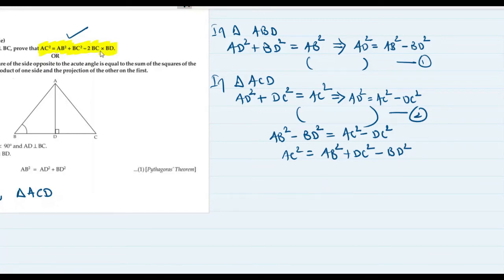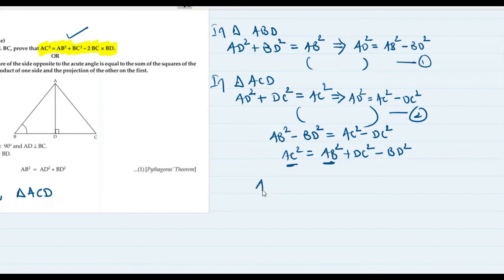Now, in this whole thing, what is missing? I can see one thing which is missing, and that is BC. I don't see BC square. I see AB square as it is, AC square is here, but there is no BC. So how do I make up for BC? How do I bring in the BC? We can do two things. We see DC square and BD square both. Out of these two, I will write one of these in a split form.